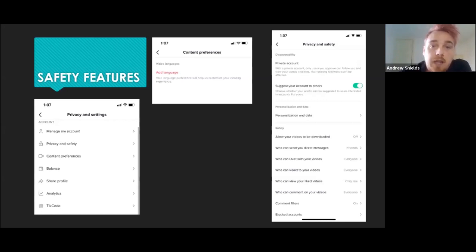And then one thing that I don't think a lot of young folk know is that they can change what they can view. So add languages, like they can customize their experience in terms of they can write words in there that they don't want to see, or I think it works the other way around, or it's that you do want to see. I'm not too sure on that feature. Somebody else can maybe look at that and let me know. I think it means that you add words that you want to see in that, I would assume. So that's kind of the privacy settings. Again, take your time to look through them, adjust it to your needs in your organisation.